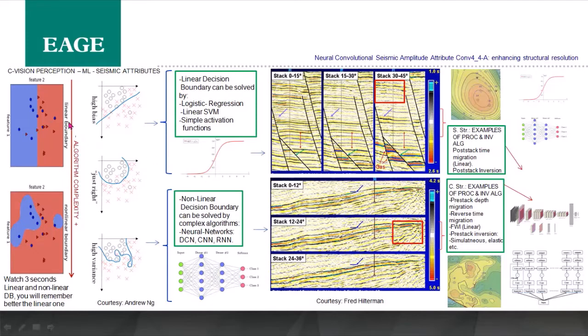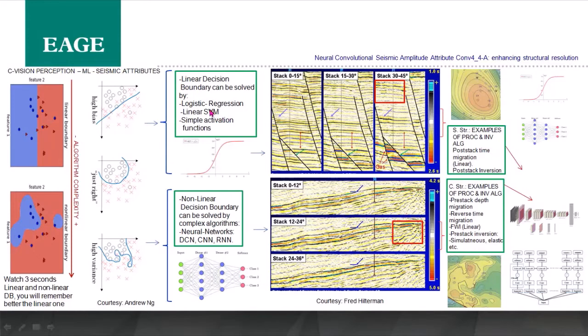We have an increase in structural and algorithm complexity as we go from the upper position to the lower direction. Linear decision boundaries, simple structures, nonlinear decision boundaries, complex structures. Algorithm examples